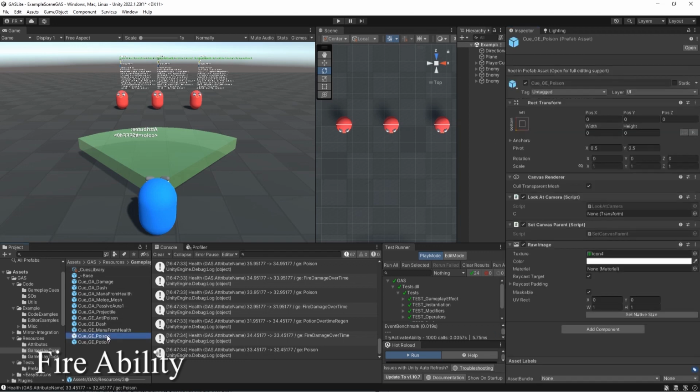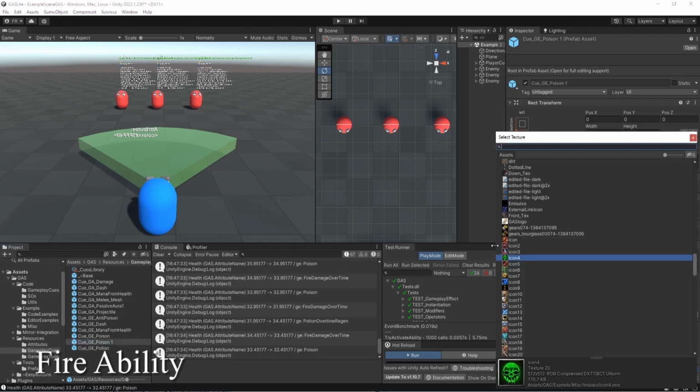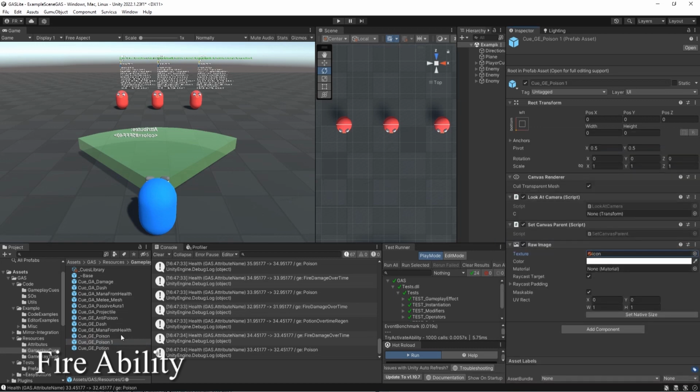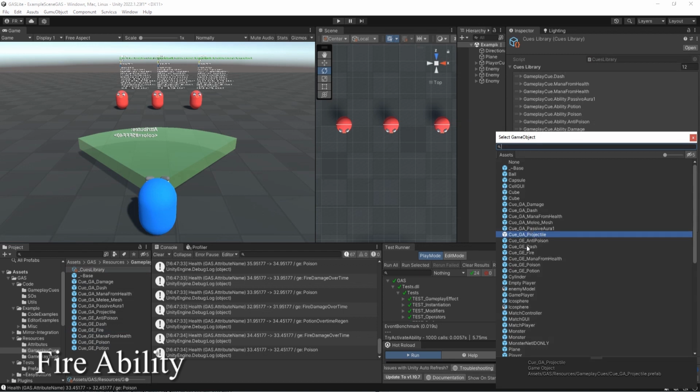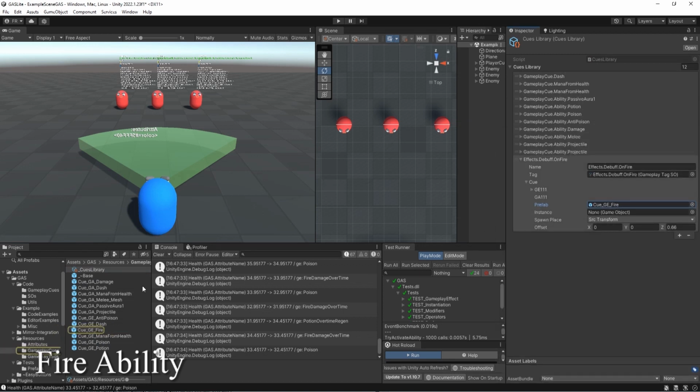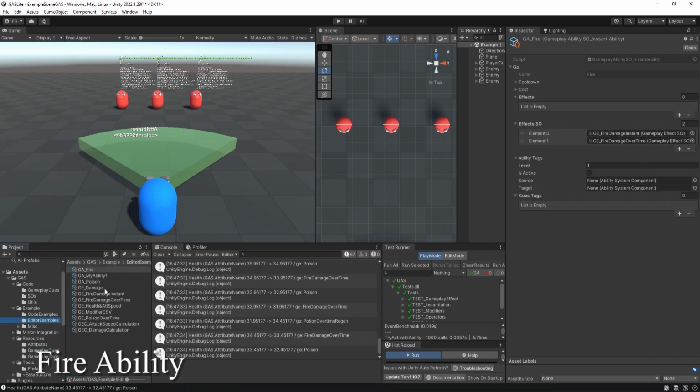We want a new icon, so I'm going to duplicate this prefab here, find a fire icon, change the name to fire, and place it here. QG fire. That's the prefab that this cue is going to spawn whenever the cue with this gameplay tag here pops up. Let's go over to our gameplay effect